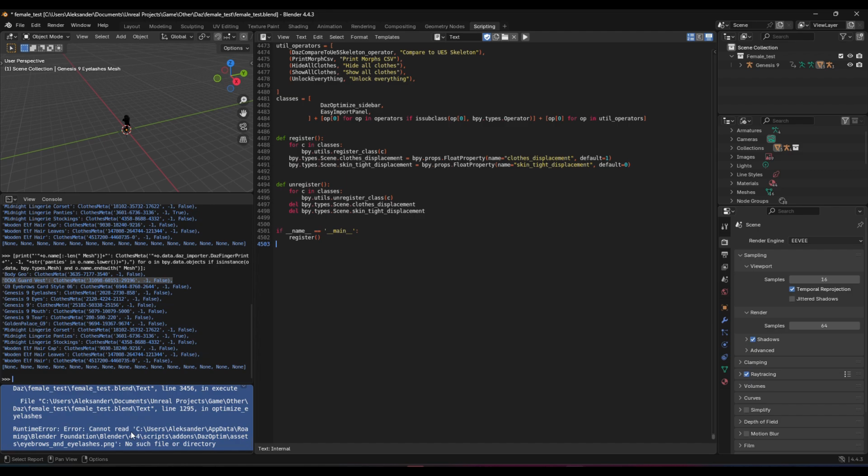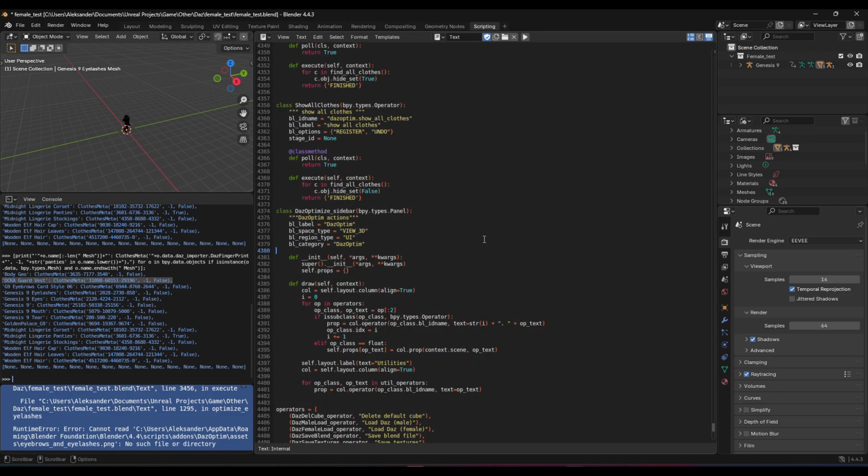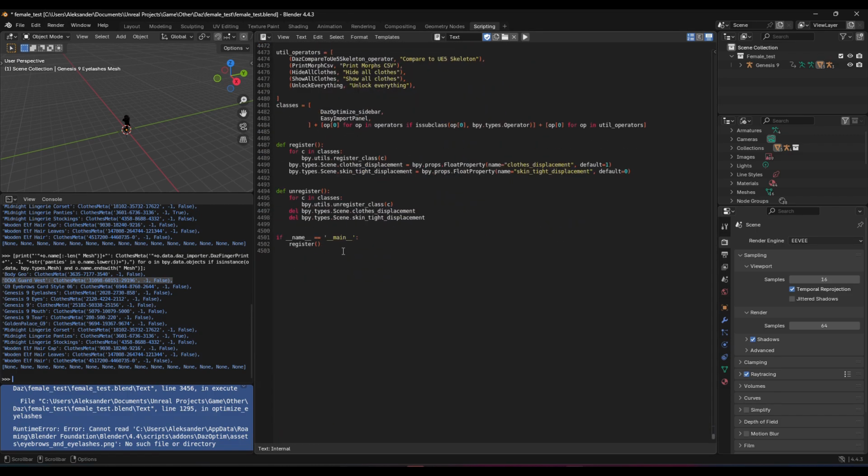And this is the kind of error you might see sometimes. Cannot read, and then this is the path to the Daz optim add-on assets, and it cannot find this file. So if you installed your plugin from the zip file, then it will be able to find it. But I uninstalled the zip file, and instead I used the script console. So the way to go about this is that you can either just install the plugin again, but it is actually better if you just copy this